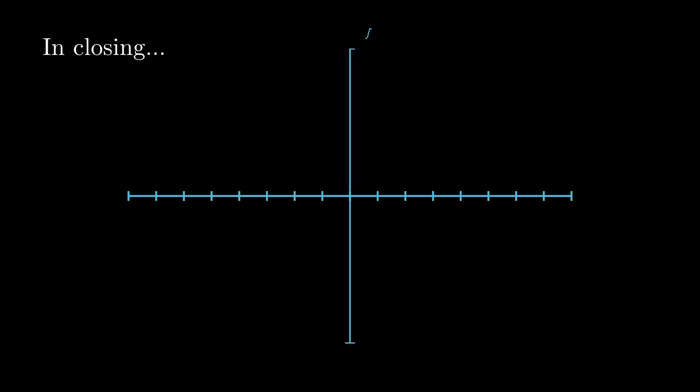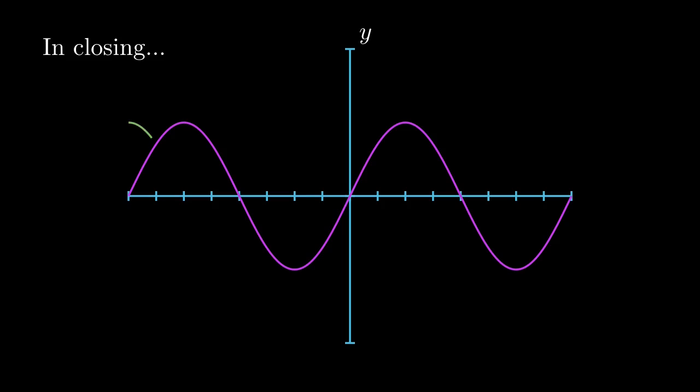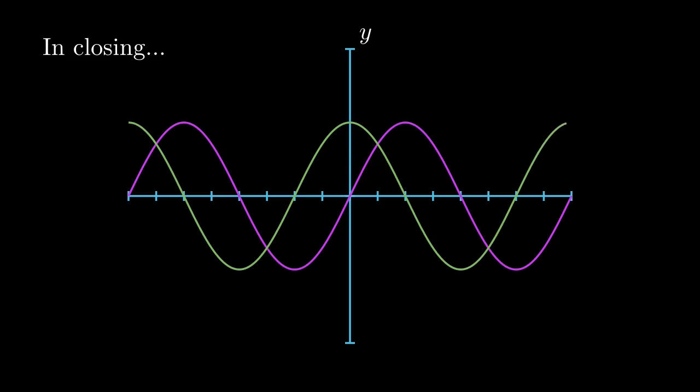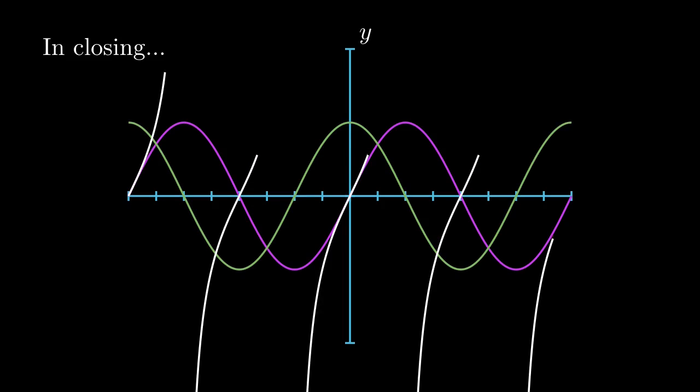Now I know that these weren't exceptionally deep looks at cosine and tangent, but I just wanted to provide you all with an introduction to their general shapes. As we move into transformations, we can define the different features of these graphs and we can begin to explore modeling with